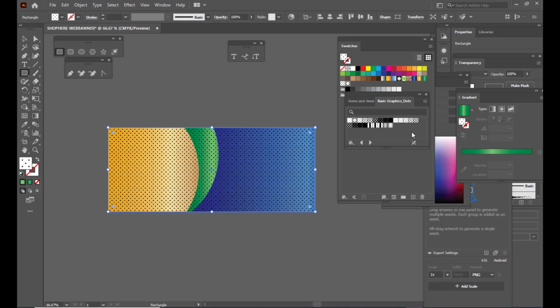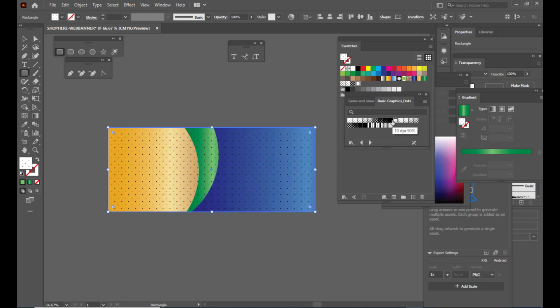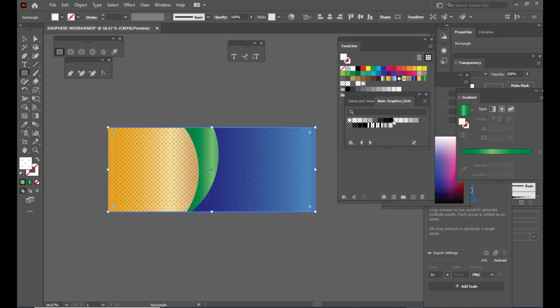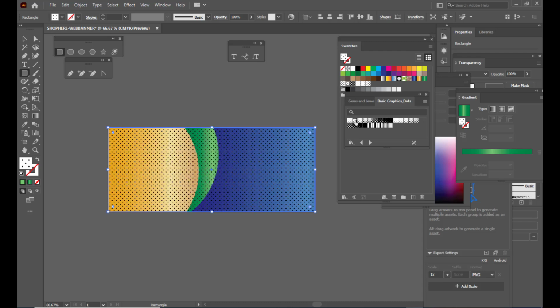Okay, so these are the inbuilt patterns, and these patterns will save over time. Once you have applied this pattern, you can check the different types of patterns present here. You can always feel free to do experimentation.